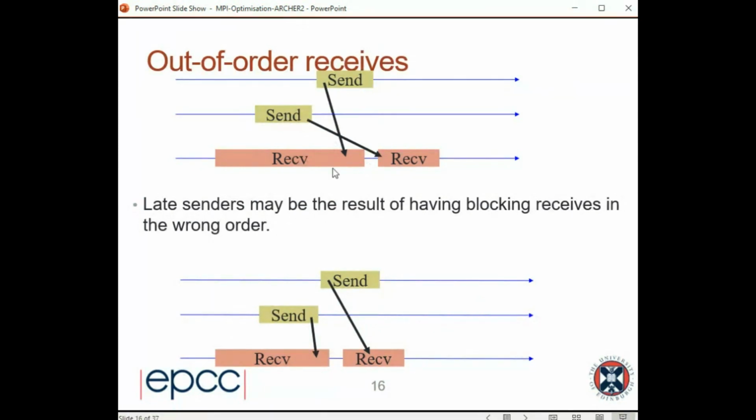Normally, this out-of-orderness is caused because of random fluctuations. What I mean is that this process was just slow for some reason, or this one was very fast for some random reason which isn't reproducible. And this is especially true on multi-core processors, where all CPU cores on a process contend for resources, share resources, and the execution speed is quite unpredictable. So you'd like to think that you've got a program where this process sends first and this one sends second, therefore this receive should be first and this receive should be second, but that could often happen in an unpredictable way.